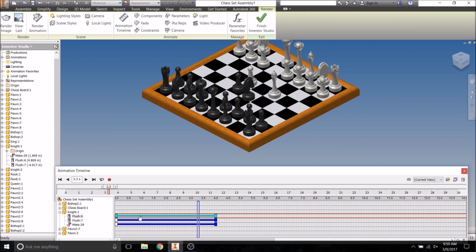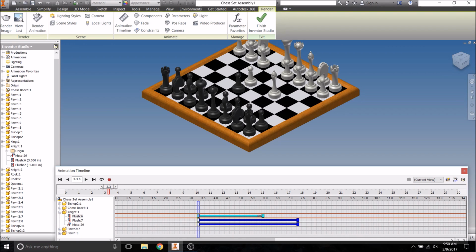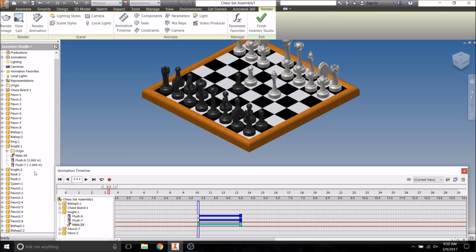So this is where I want everything to start moving. So I'm going to drag everything over to here. But once again, well, let's speed this up. We know the entire move doesn't need to take 2.5 seconds. And so this would look like this,